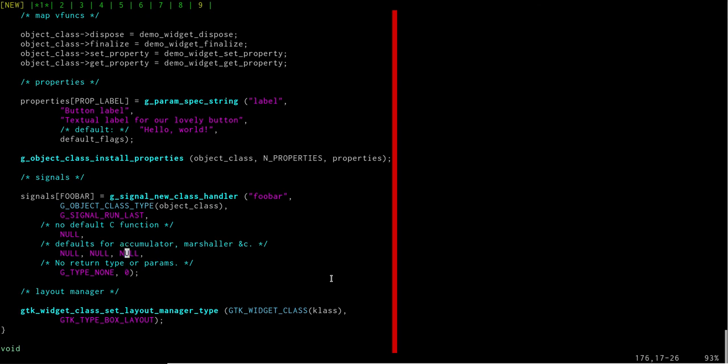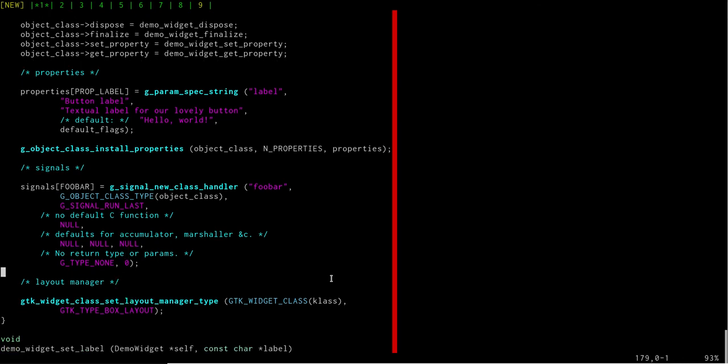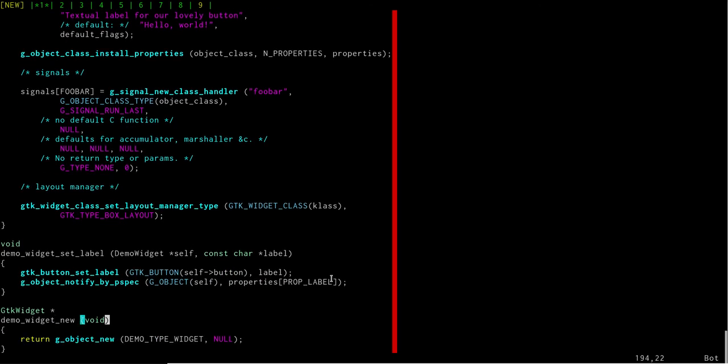Now, because we have no C function that's being run, and because our widget is pretty boring, we need a way for the signal to be emitted in some fashion. Because I have absolutely no creativity and no imagination, I thought, hey, let's just have our widget emit the signal every 5 seconds. Now, how do we do that? Well, what we go ahead and do is,